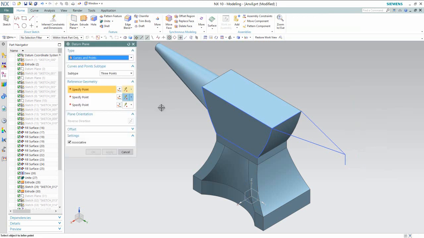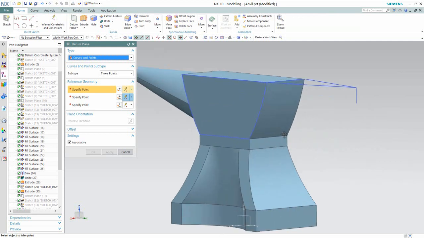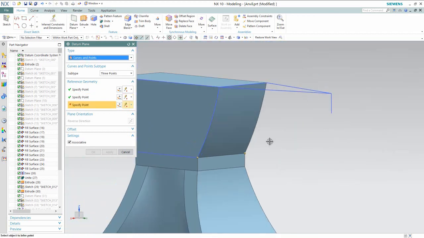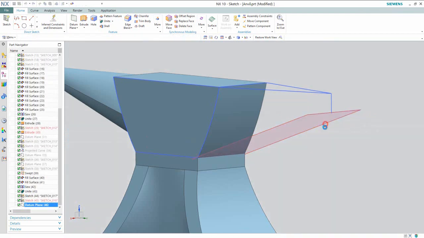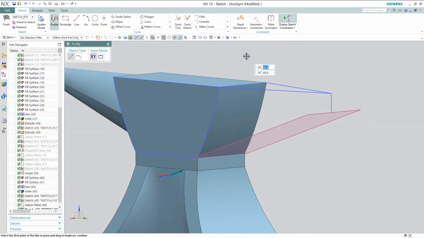Now activate the datum plane command. Select this point, and this point. OK. Now my 3-point plane is created, and start a new sketch on this plane.